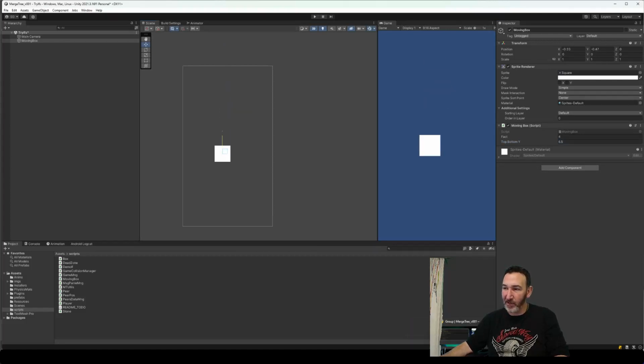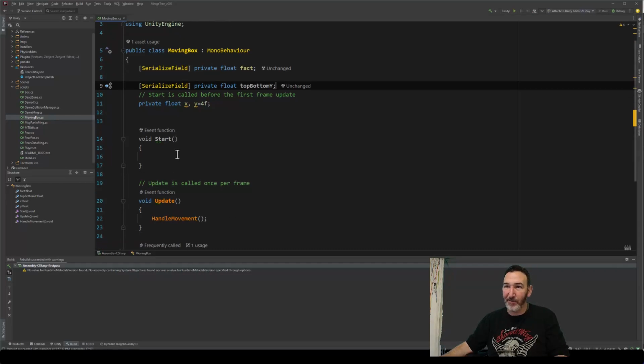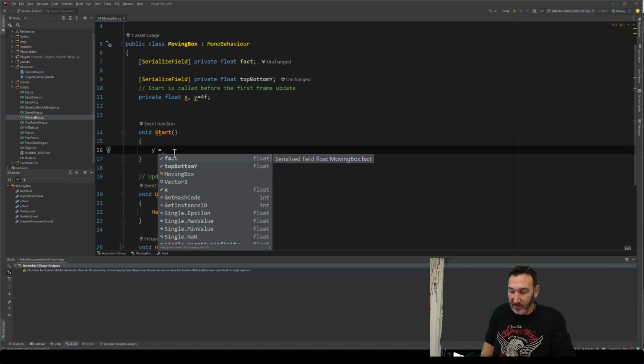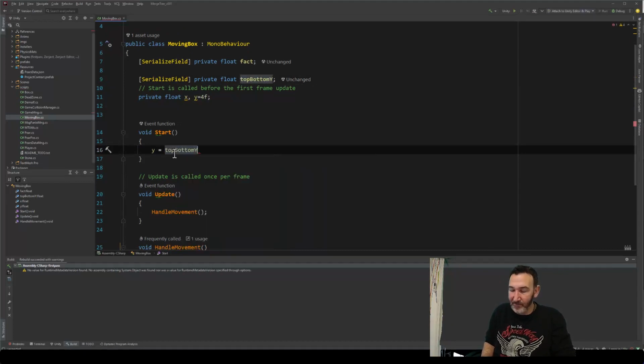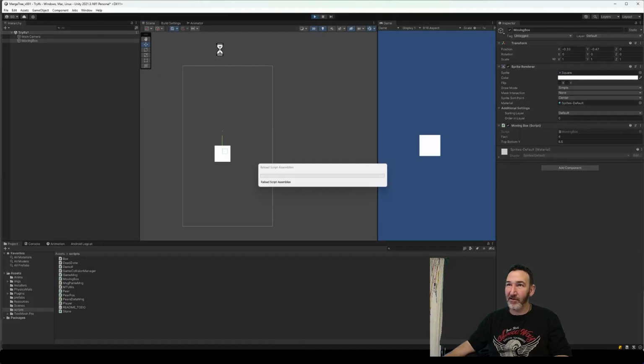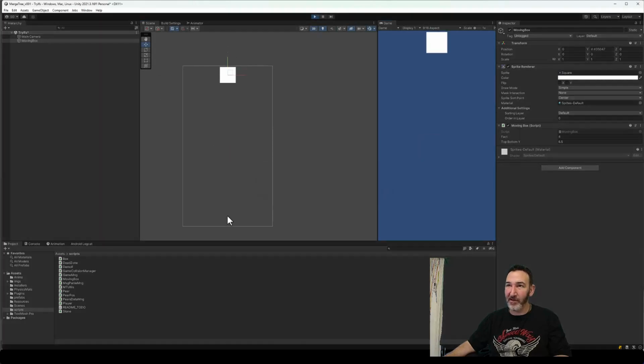Okay, so when we go to the code, let's start by doing Start actually. So y equals top bottom y. Okay, so now if I go back to Unity and I run it, you'll see it go all the way up here and start to go down. And this is really nice, but the problem is, of course, what's happening when it goes below the bottom line